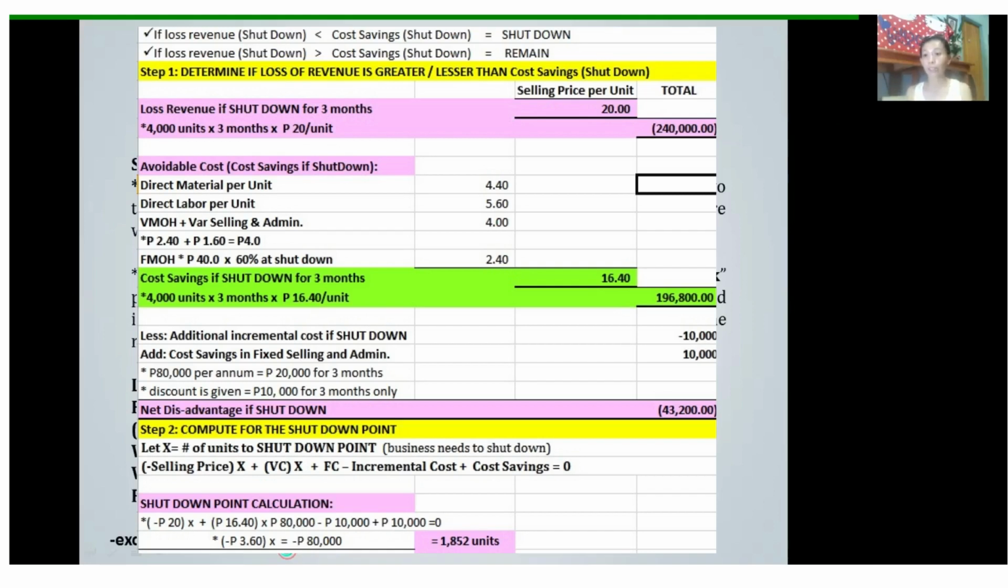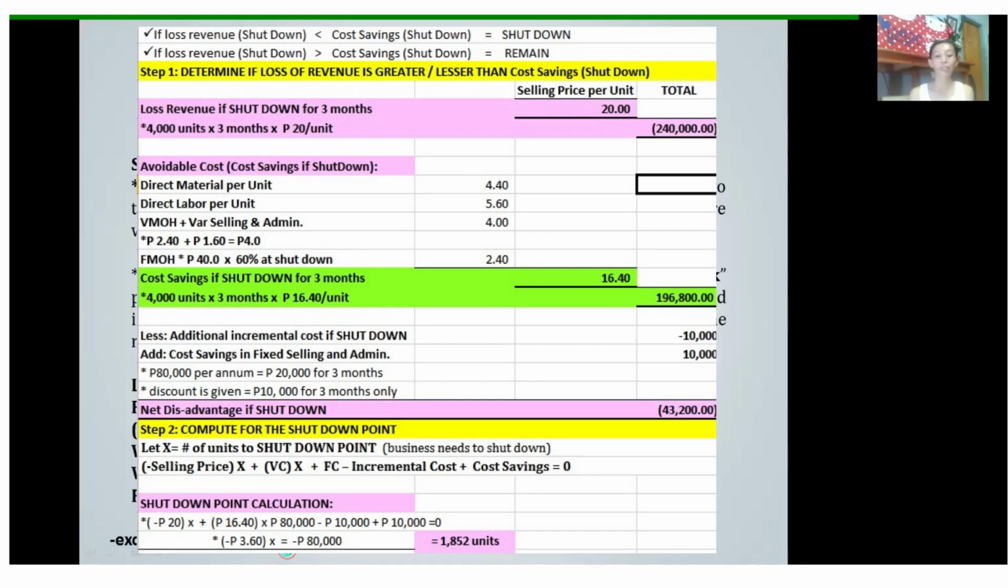So, in this situation, by the way, I'm the one who solved this one, and I also checked the answers in the book, perhaps. So we have an additional incremental cost if shutdown of negative 10,000. So add the cost savings in fixed selling and administrative of 10,000. For this additional incremental cost of 10,000, in this situation, it identifies that if shutdown, there is an incremental cost